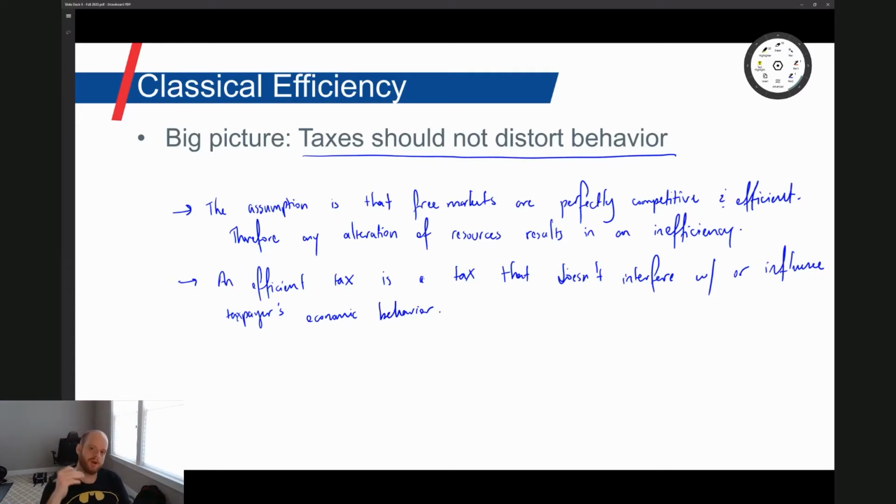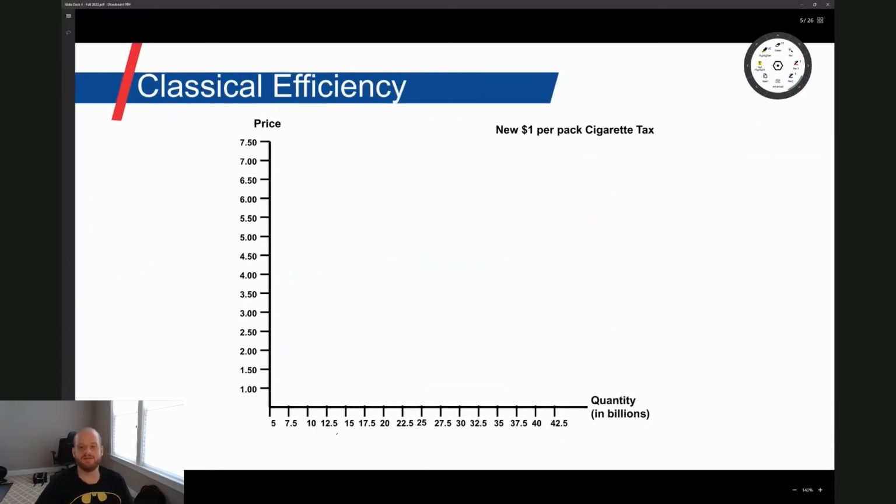Because we believe that markets are efficient and they operate in a way where perfect competition leads to this immaculate allocation of resources, any external interference in the form of taxes should not distort taxpayer behavior if we are to say that those taxes are efficient. Now, this idea is rooted to a concept called deadweight loss, which hopefully I'll be able to illustrate with